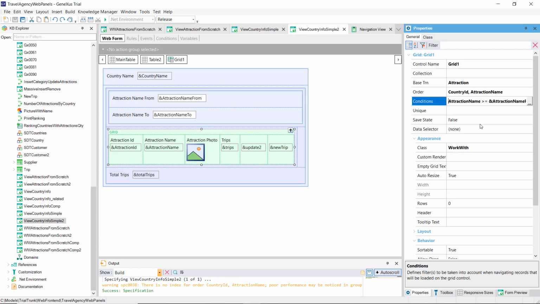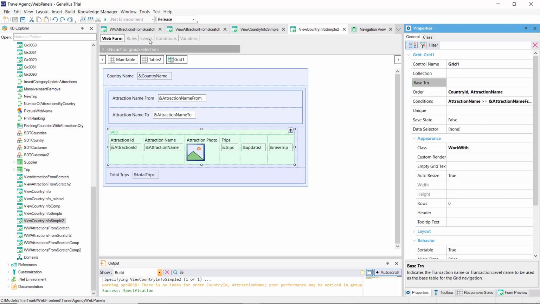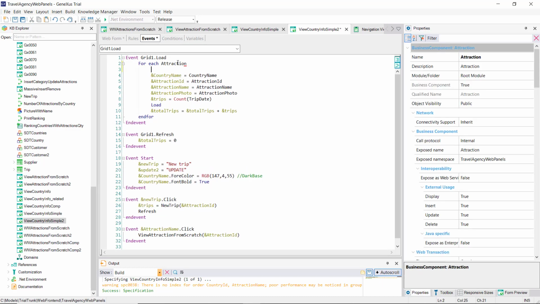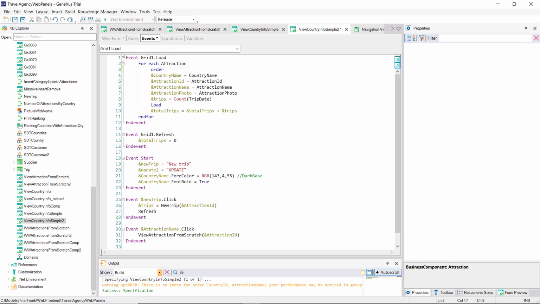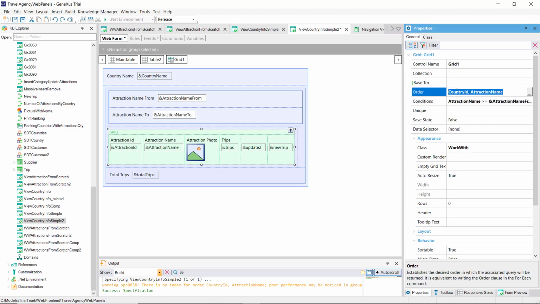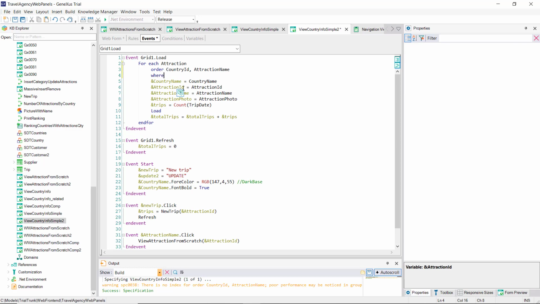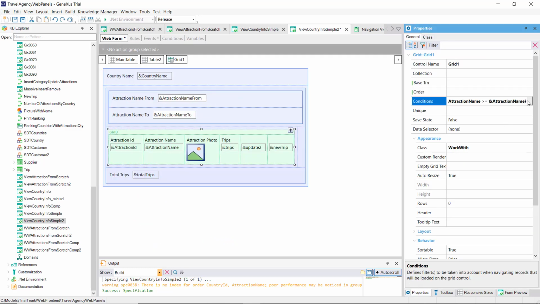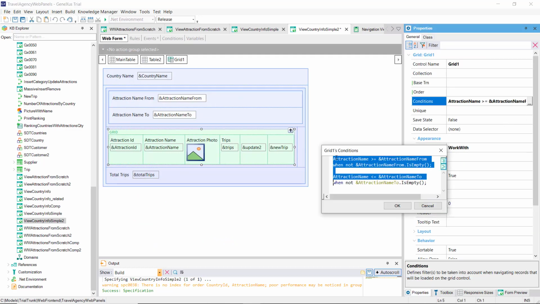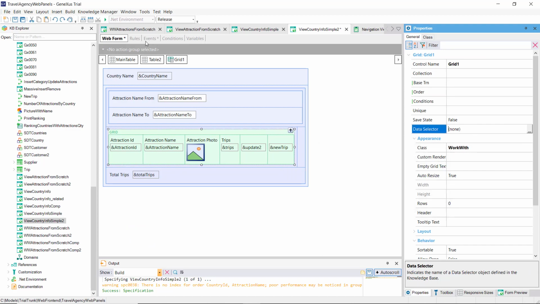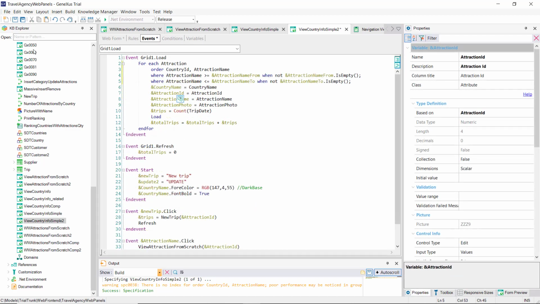So, what we must do is bring these properties to the for each command. First, the base transaction, then the order, and finally, the conditions as where clauses. We save.